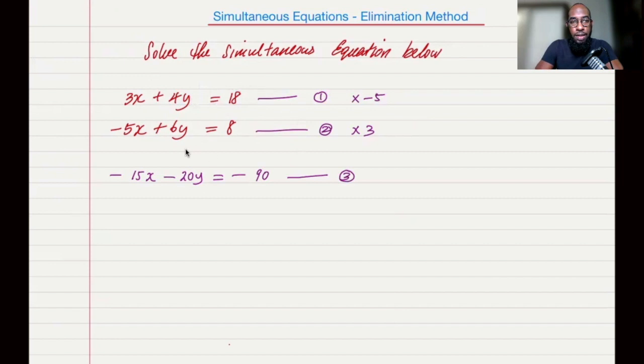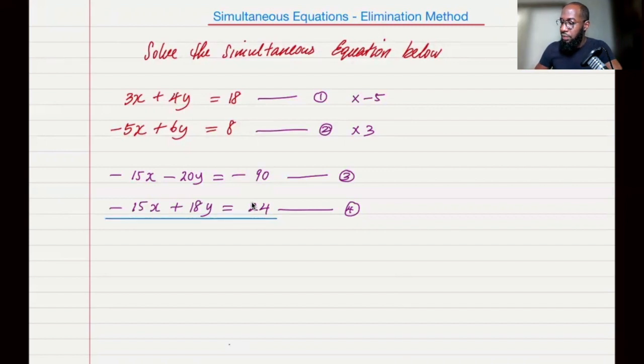Continuing, different signs, minus 5x by 3 is 15x. Same signs, it's a plus. 6y by 3 is 18y. Again, same signs is a plus. 8 by 3 is 24. No, I didn't put a plus here because it's understood. Plus 24 is equal to 24. All right. So once you have that,